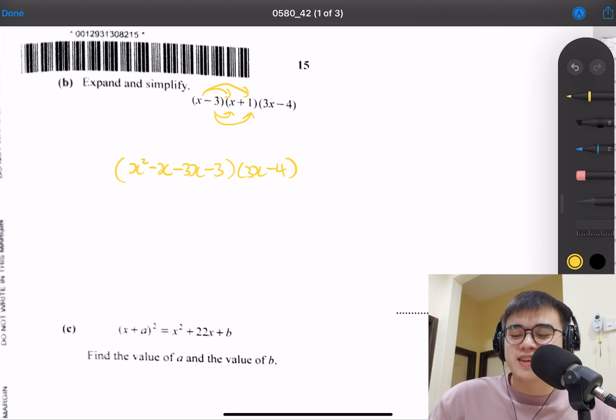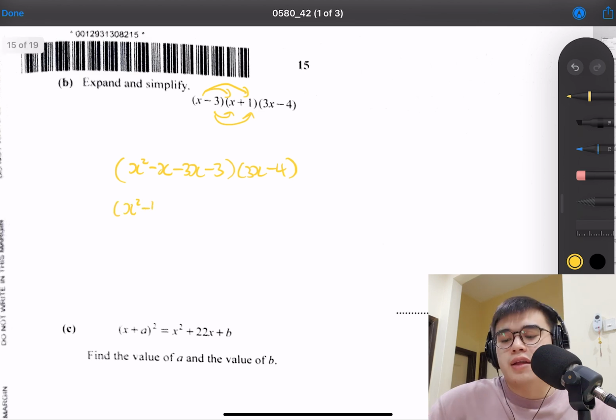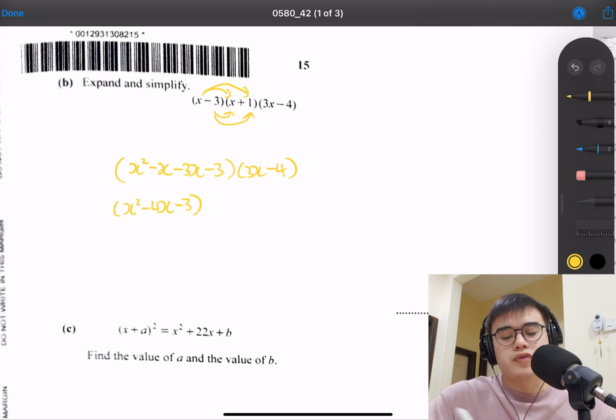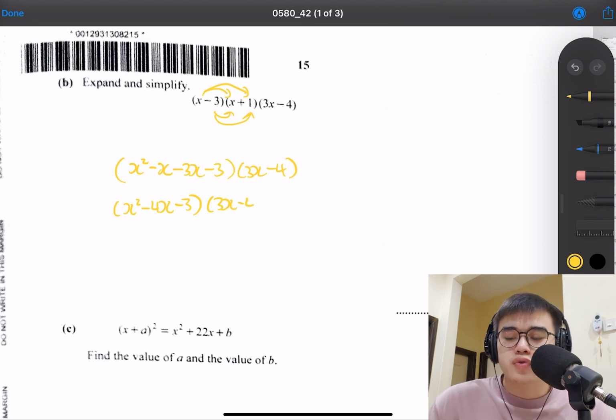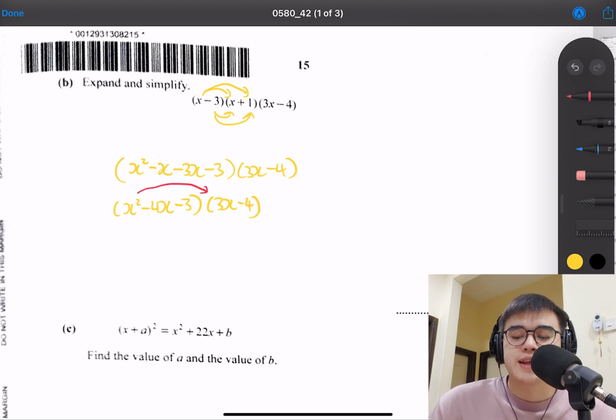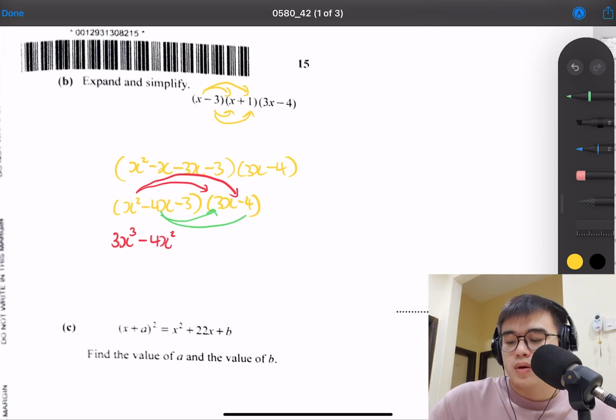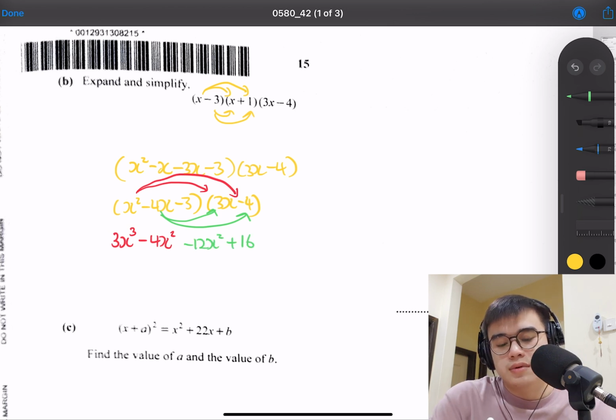So you should be getting this at the moment. This is not the end because you still have one more bracket to further expand. Remember, your x squared will now be multiplied into the 3x and negative 4. So you actually get 3x cubed minus 4x squared